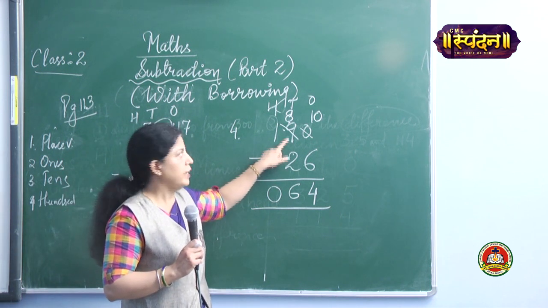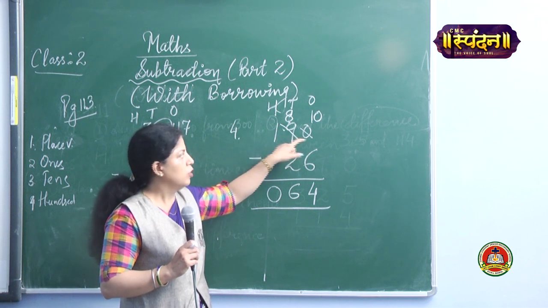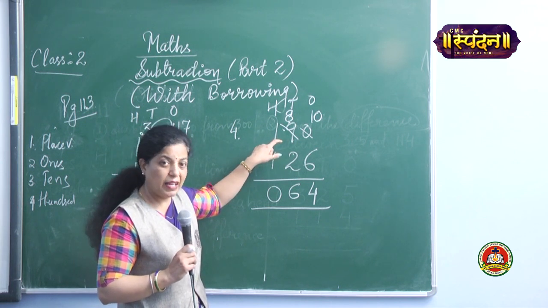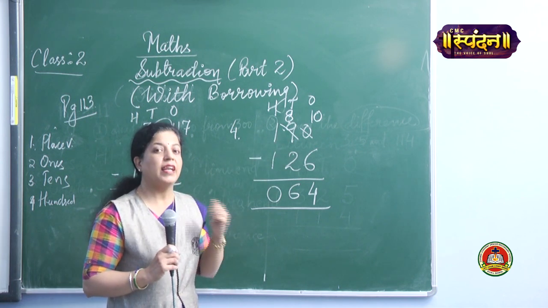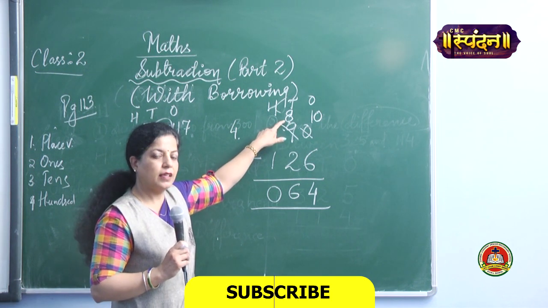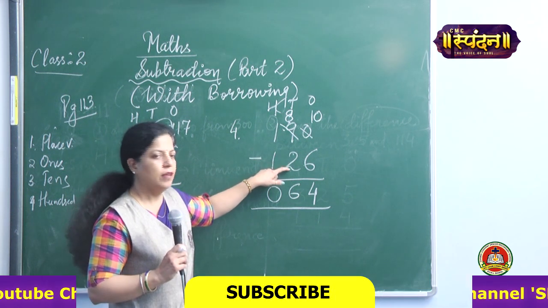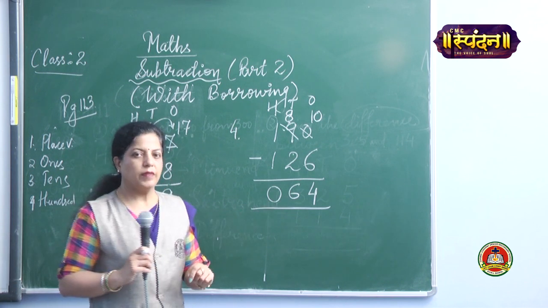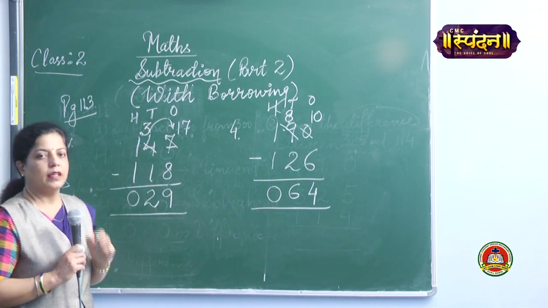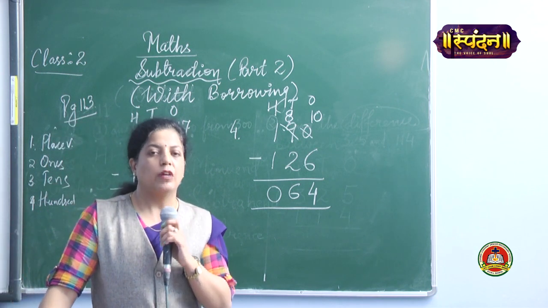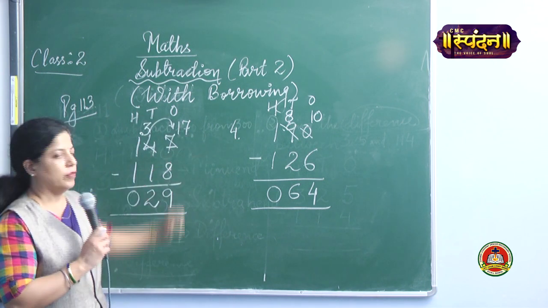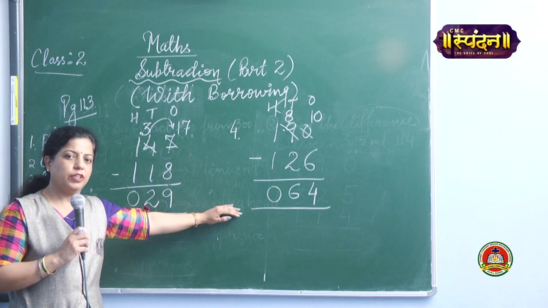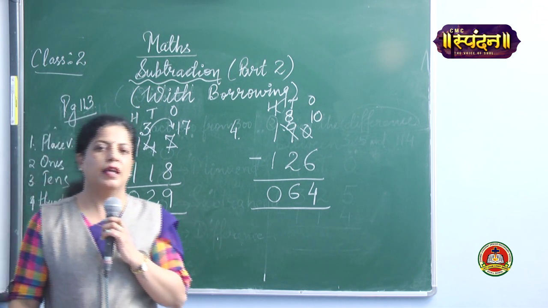Suppose the 9 at the tens place is giving 1 ten to the ones place number 0. So obviously now the number which is left with it will be 1 less, and 1 less than 9 is 8. It means now here we have 8 tens, and from 8 tens we can easily subtract 2 tens. Okay, that is 6, and this way we have learned today subtraction without borrowing as well as with borrowing. Okay, and the more questions you practice, the easier it will be for you to get correct answers.